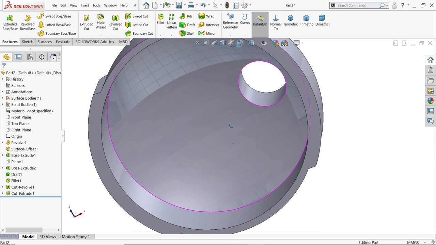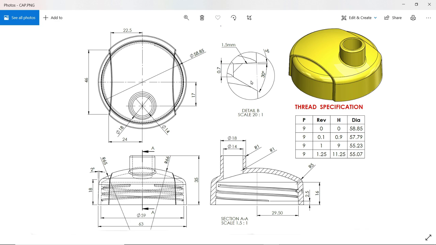now let's start to create the thread. Now here we need to make the thread. This is the thread size 0.7, 1.53, 30 degree, 3 degree, and this is the thread specification, 9 millimeter pitch. This is revolution 0, 0.11, 1.2. This is calculated 58.85. This is our initial diameter, and here you will see